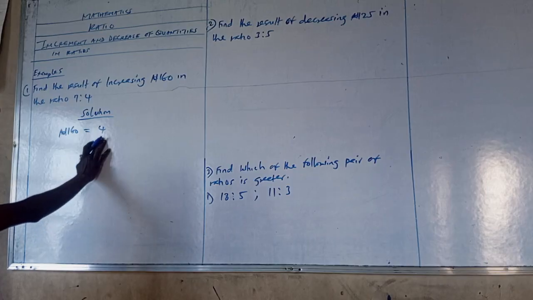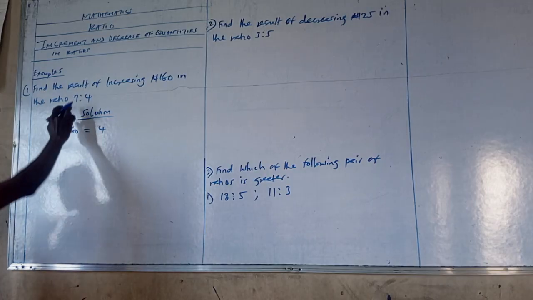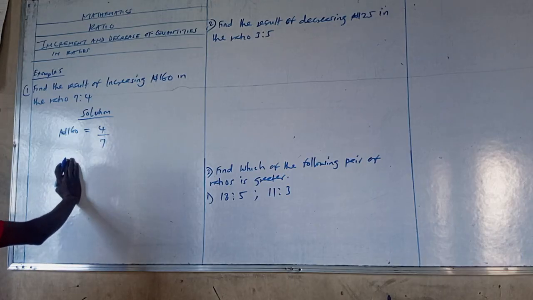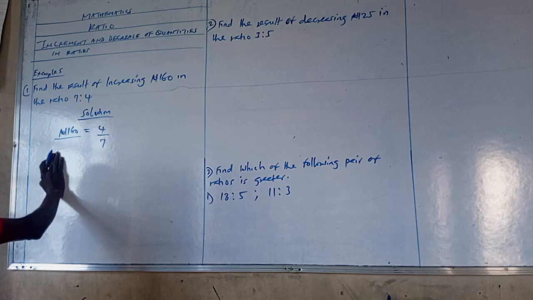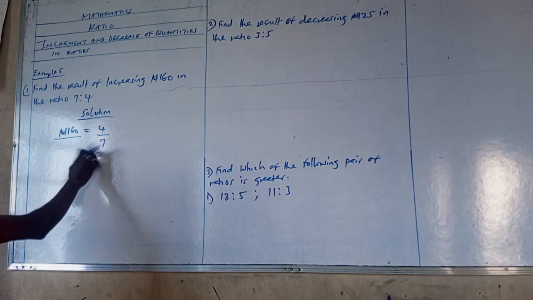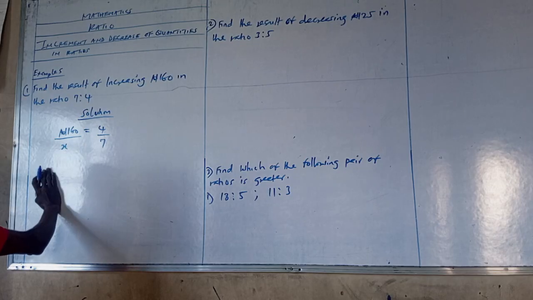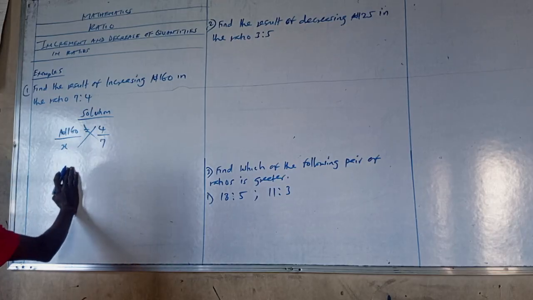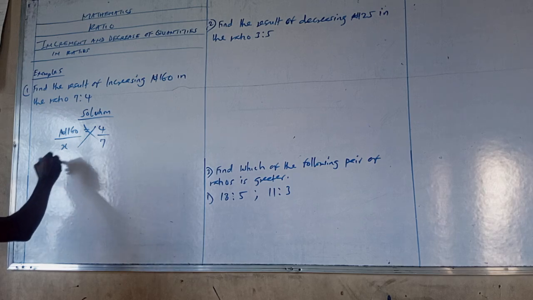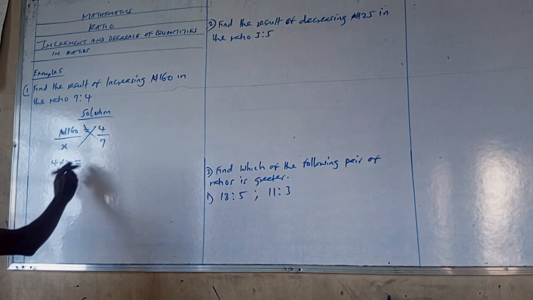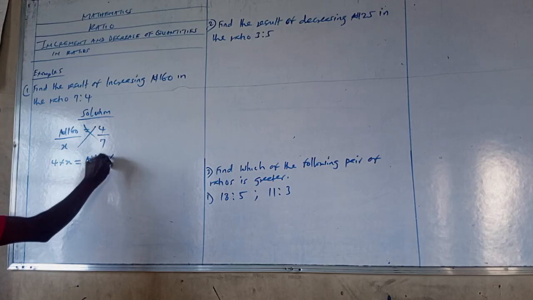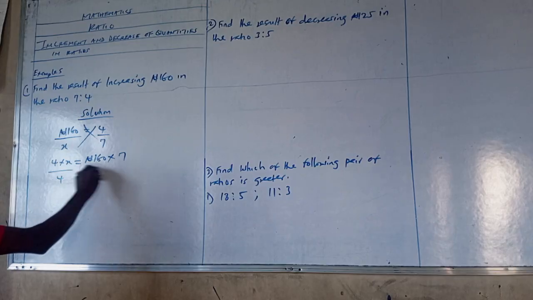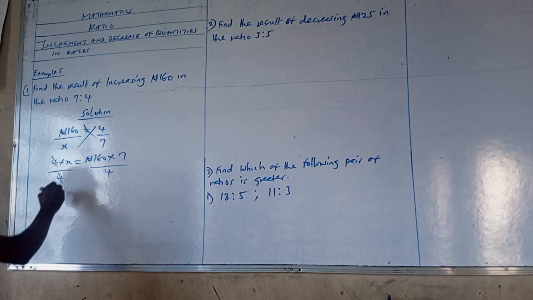Now to get the increment in terms of 7, this will be over 7. So what is going to be the magnitude of the increment with this 7? Let it be x. Then when you multiply, you have 4 times x equals 160 naira times 7. So when you divide both sides by 4, 4 cancels 4,